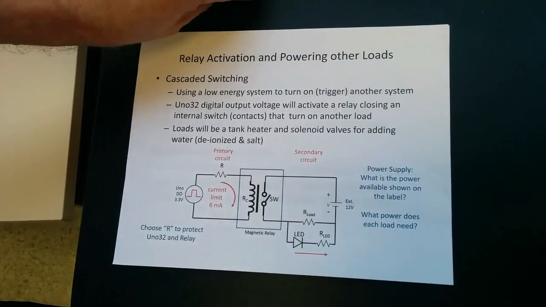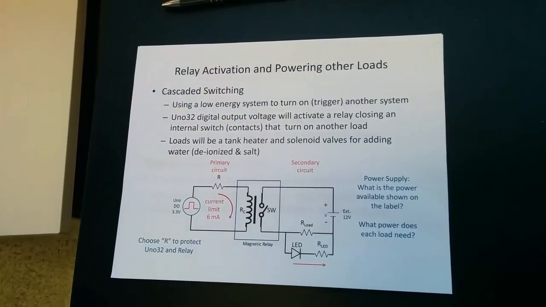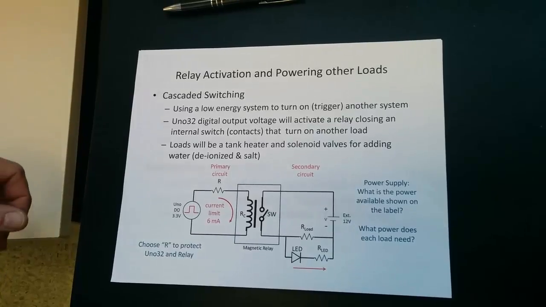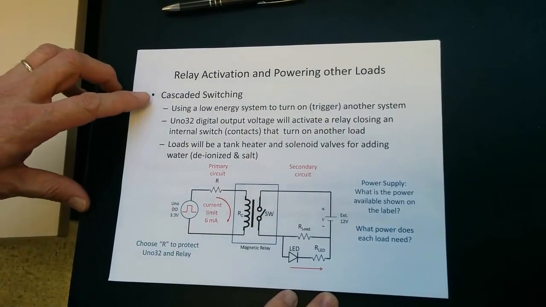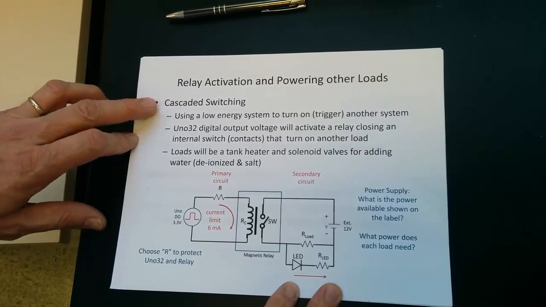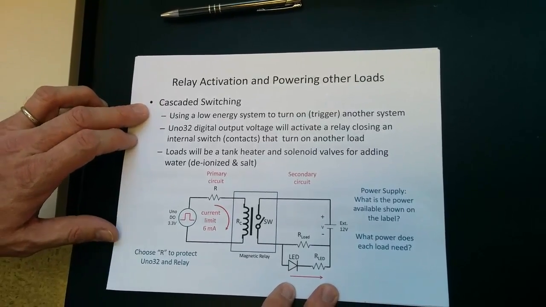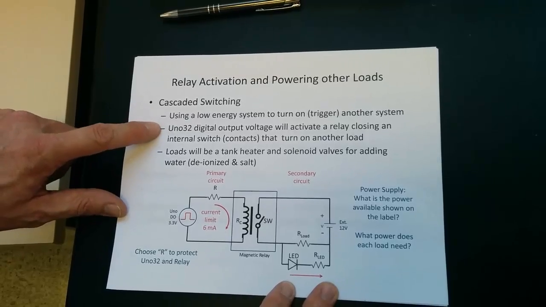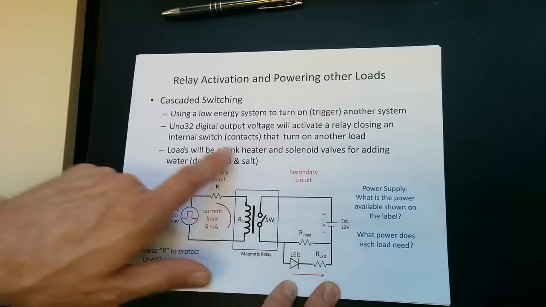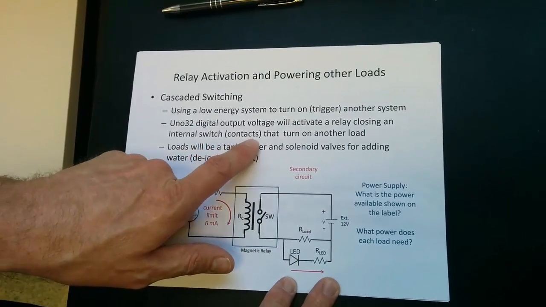Alright, so let's get started on the week 9 electrical activities for Engineering 120. We're talking about relay activation and powering other loads. Again, we're working on an application of cascaded switching, that's using a low energy system to turn on or trigger another system. The UNO 32 digital output voltage will activate a relay, and it closes a switch inside that relay that turns